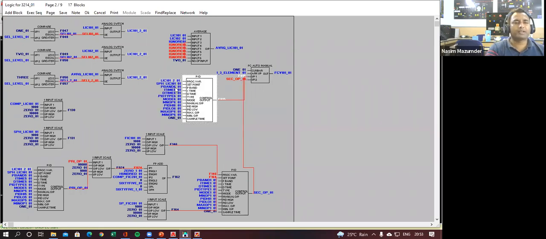Now this PID has the process variable LIC101 underscore 2 underscore 01. See, this is the process variable. Now you can see here LIC101 underscore 2 underscore 01. This tag has been generated 3 times. 1, 2, 3.